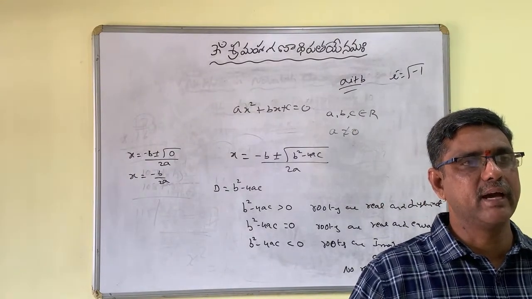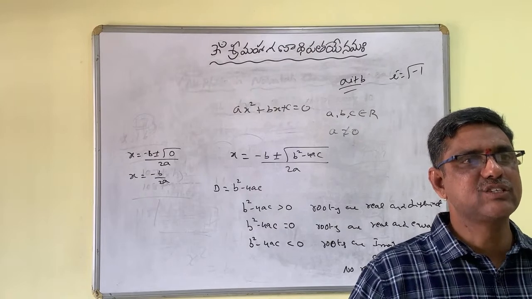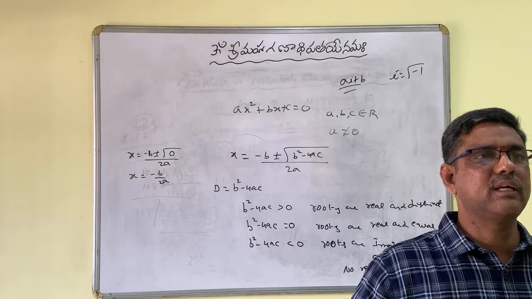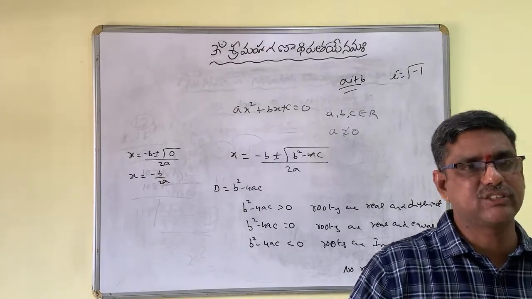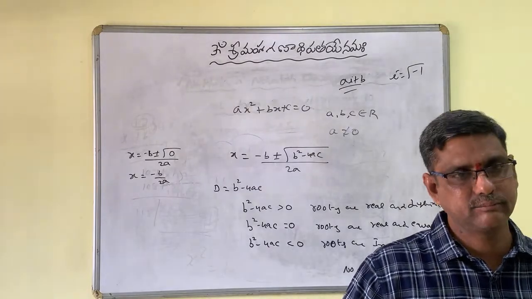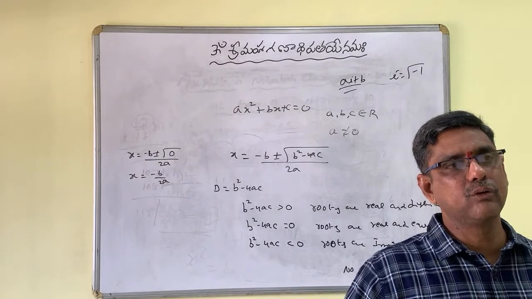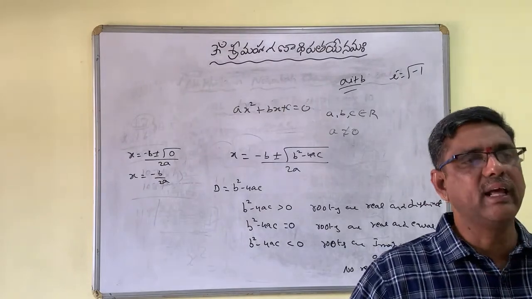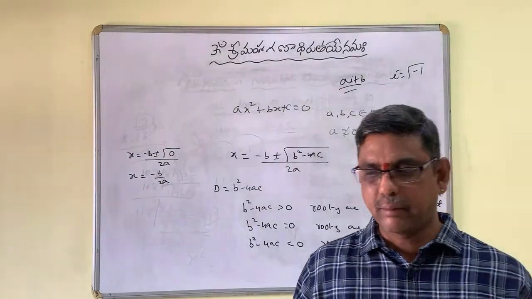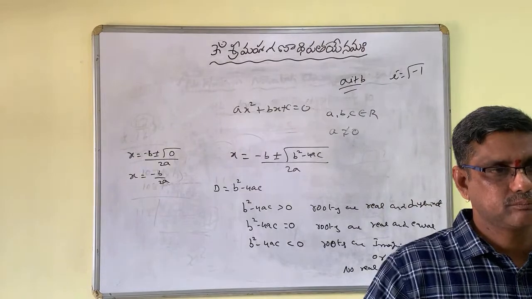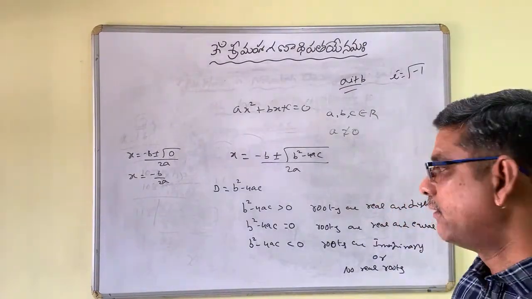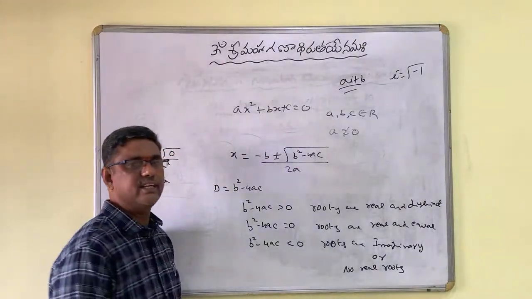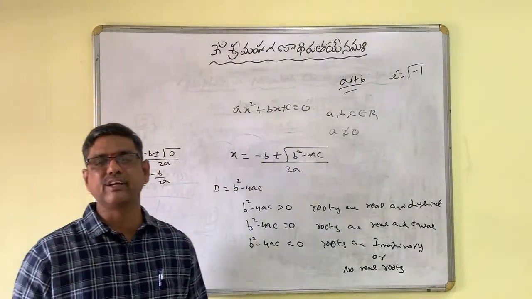I means imaginary, and its value is root over negative 1. You will learn about these imaginary numbers in the higher classes, 11th and 12th standards. Up to 10th standard you will study only real numbers. Imaginary numbers 10th standard లో ఉండవు. కాబట్టి ఎప్పుడైనా ఈ b square minus 4ac value 0 less than 0 వస్తే,